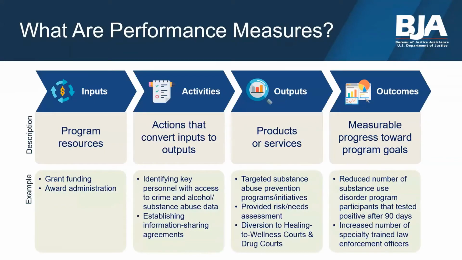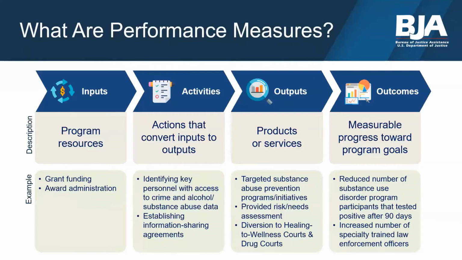Performance measurement is a process that helps to tell a story about your program. The measures you complete will help you tell your story. This graphic introduces the variety of performance measure types we use to track progress toward program goals and identify areas for improvement. Inputs refer to program resources. Examples include grant funding, like when we ask about your program's funding allocations, by program activities, and personnel, which we assess through a variety of questions about cross-sector partners and community participation.